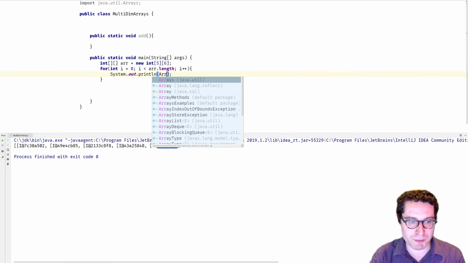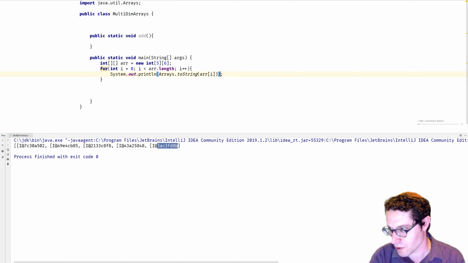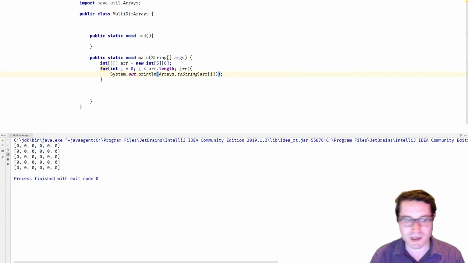And what we'll do is print out Arrays.toString(array[i]), the ith element of the array. So we'll print out 0, then 1, then 2, then 3, then 4. And we get index 1, index 0, which is a